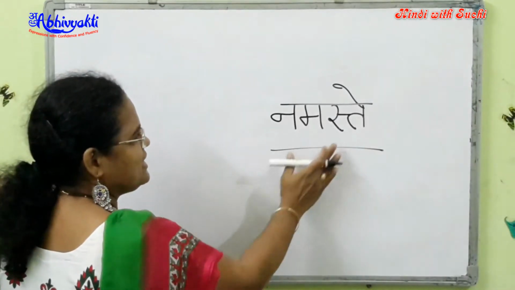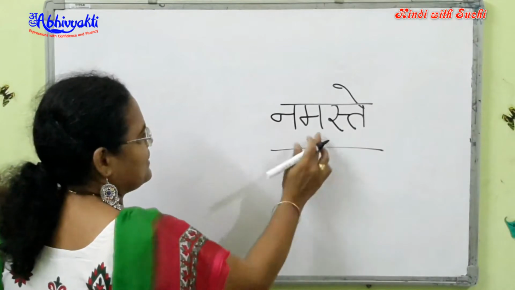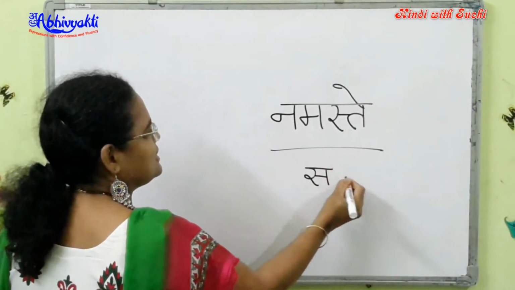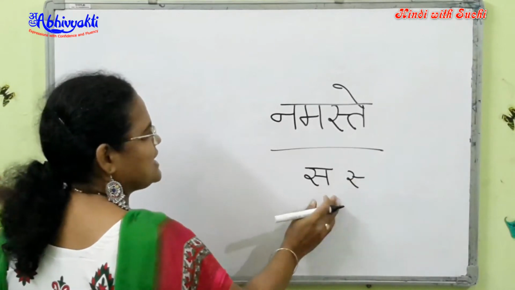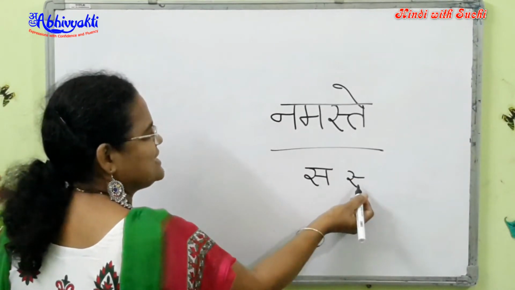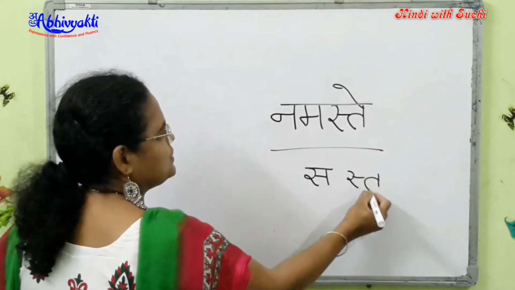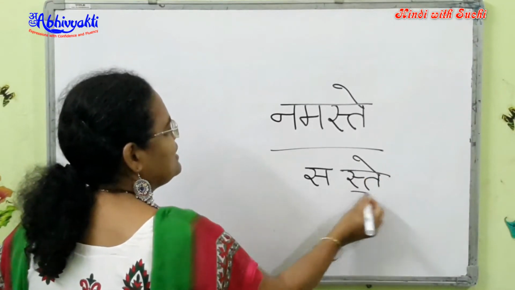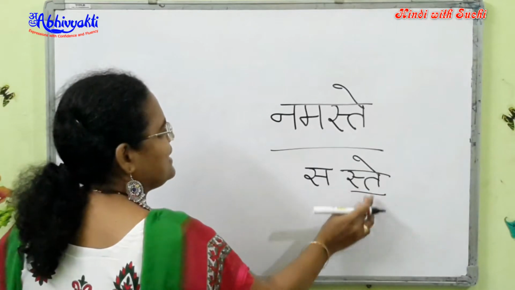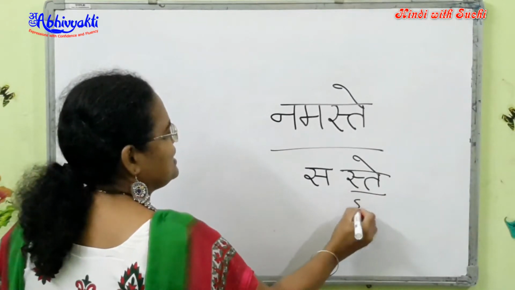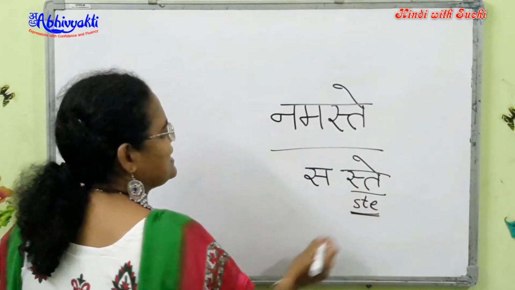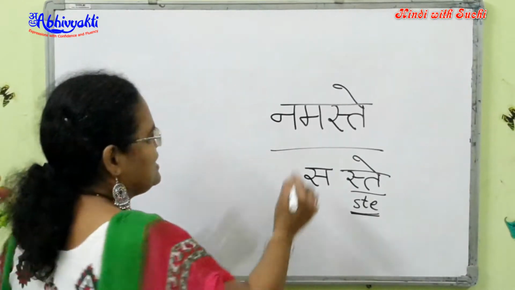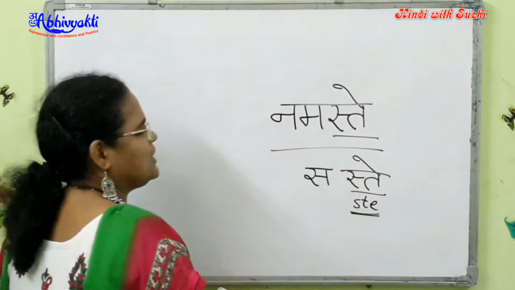Namaste. How to write Namaste? This is na, ma, and we are using a compound letter. Sa without the stem looks like this. Now when you see this, it is ready to join with the next letter. So I am using sa, ta and a matra. So this gives me stay. Namaste. This is the compound letter.